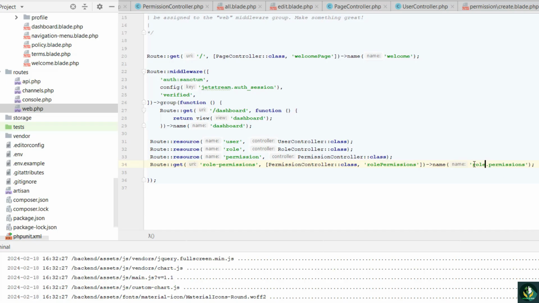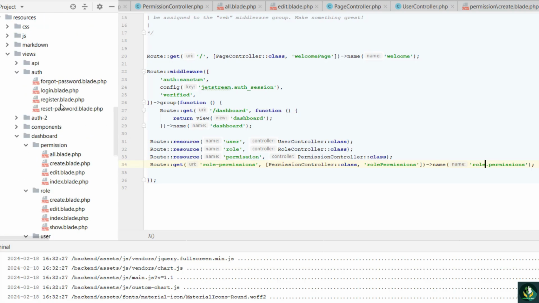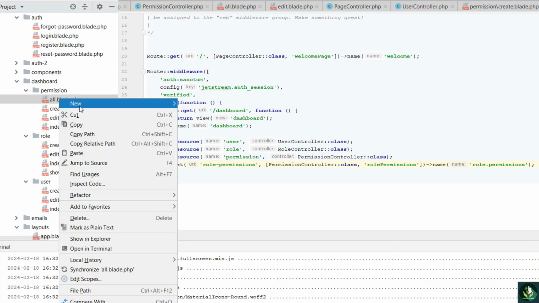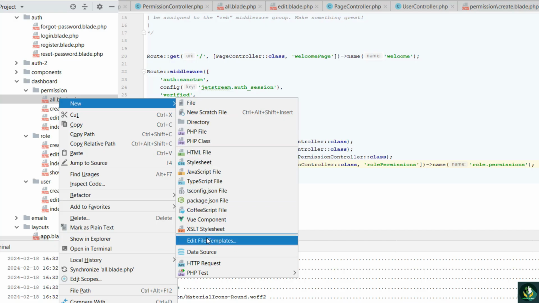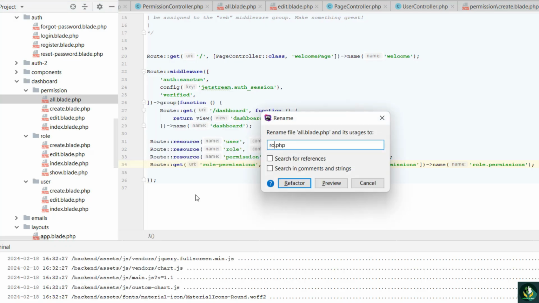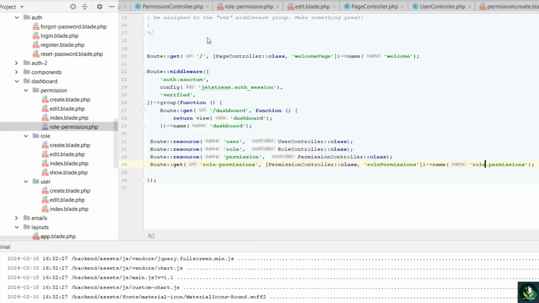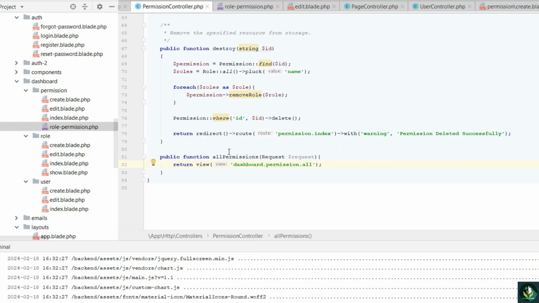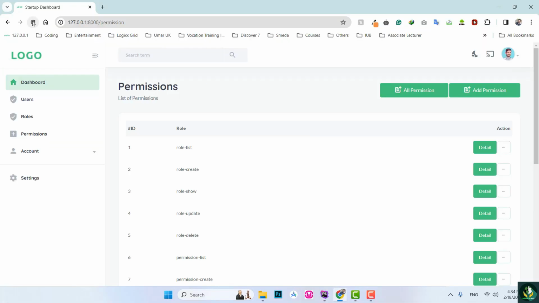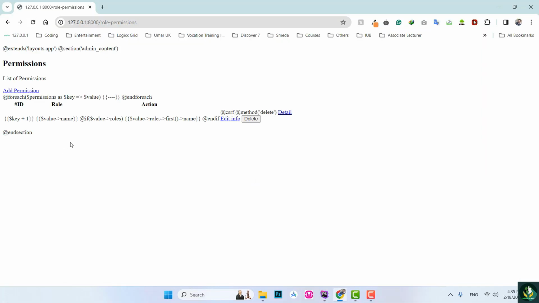So in here, come to here and let's rename it and change it to role permission. Let's save it, and now in the permission controller let's change it to role permissions, and change it to role-permission. Let's save it. Let's click refresh, and if I click on this role permission, you can see it's